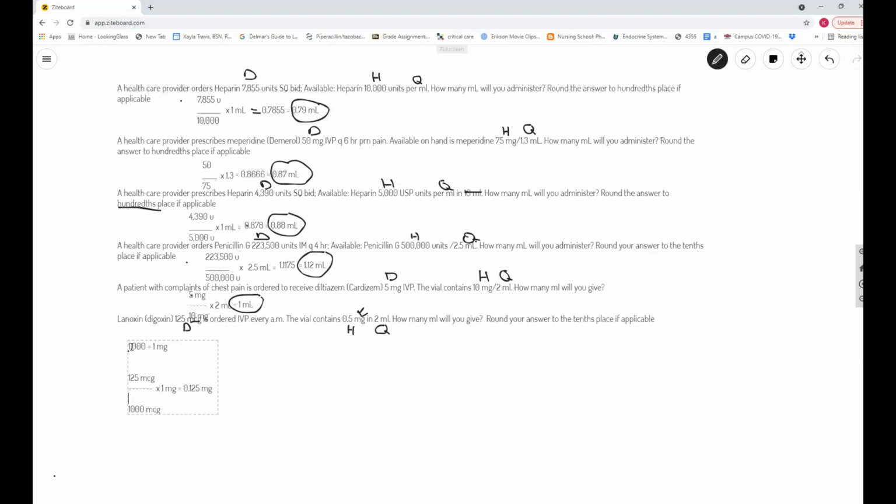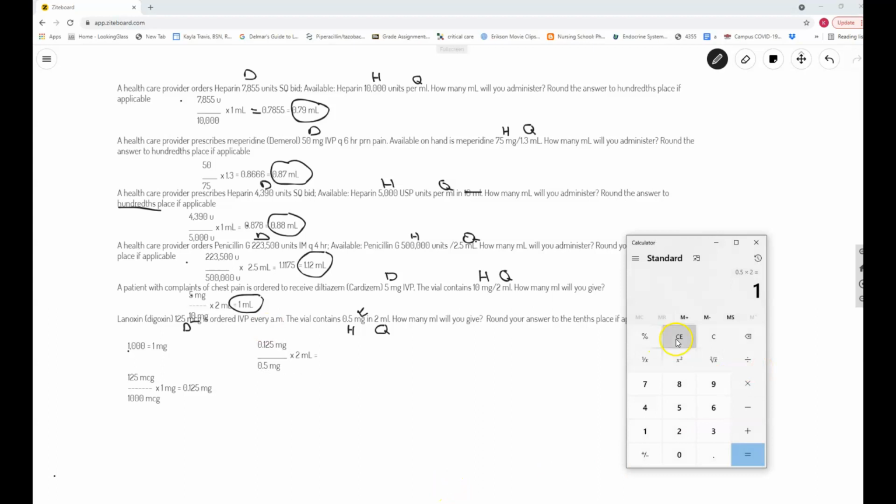Okay, so that's what we're going to use to set up our problem. So my desired is 0.125 milligrams over what I have, which is 0.5 milligrams, times 2 milliliters. Okay, and that's going to equal, let's do it in the calculator,